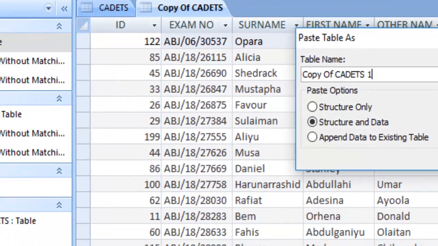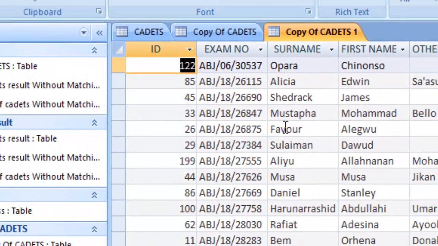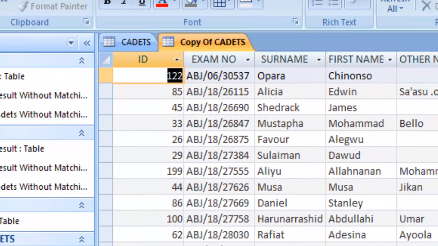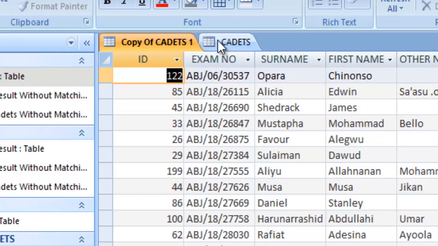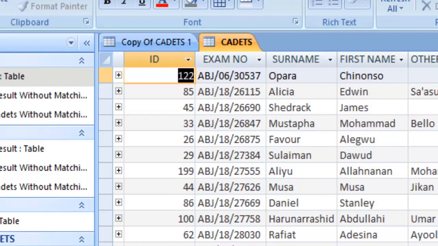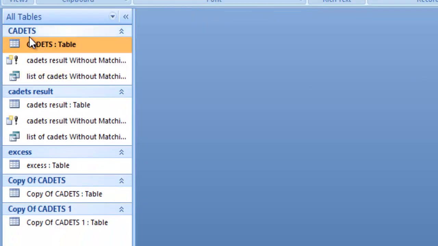So if you say okay, it will create Copy of Cadet 1, which will have the same table, the same content of the same table. The structure is similar to your Cadet table. The data too is similar to that. So this is how to copy a table, rename a table, and also we have seen